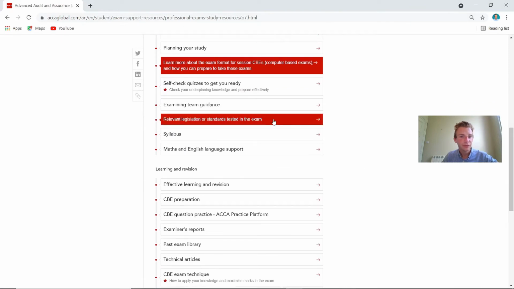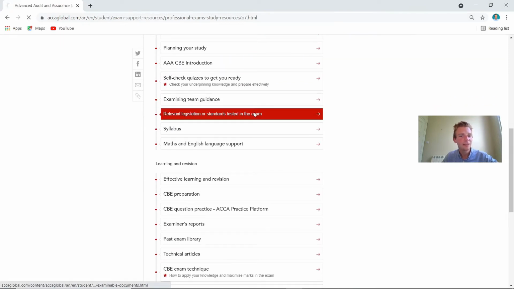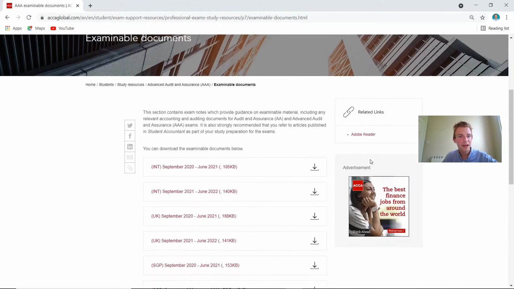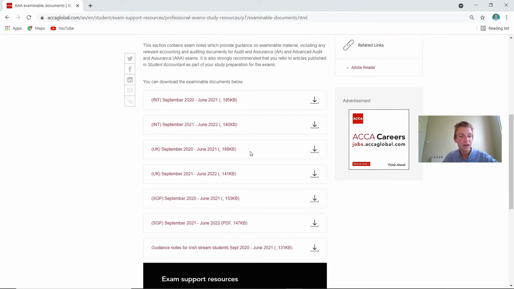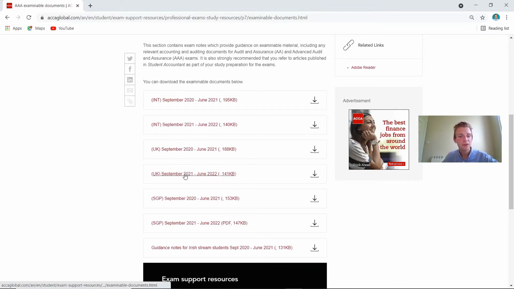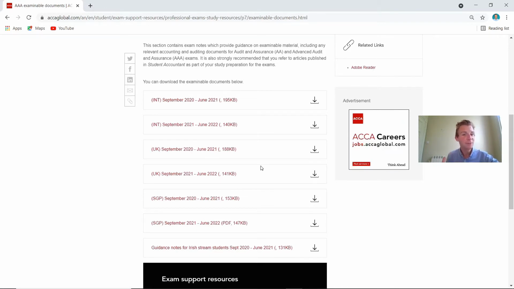So, nicely still going through, we've actually got the actual documents down here as well. This is where we've got the examinable documents, all up to date. Here you've got the international paper, the UK paper, and I believe the Singapore paper on there. I personally did the international paper, even though I am from the UK. The UK paper is for if you have to do it specifically for your role, if you work in a particular sector and you're dealing with UK clients, whereas the international paper is obviously more internationally recognised and also considers the wider perspective.